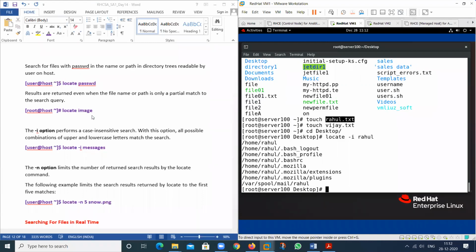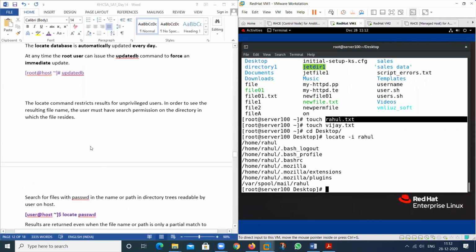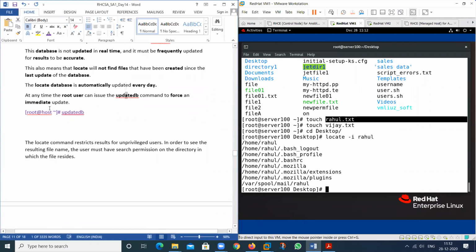the database is not updated. If I restart my machine, then it will update the database. So it updates the database on a daily basis, but not instantly. So you always use this particular command, updatedb, if you want to immediately update this database forcefully.